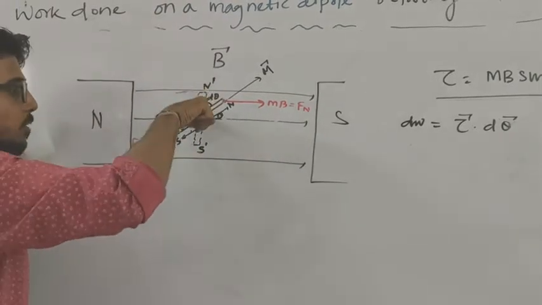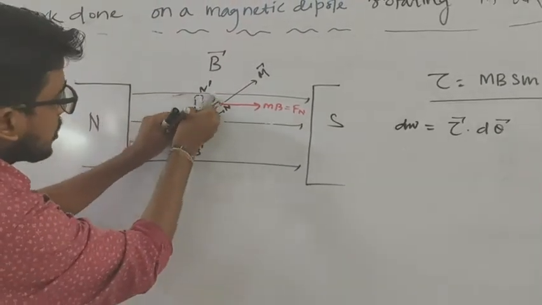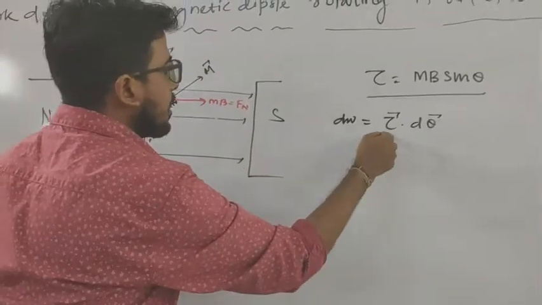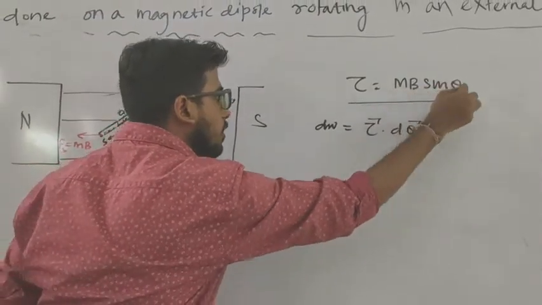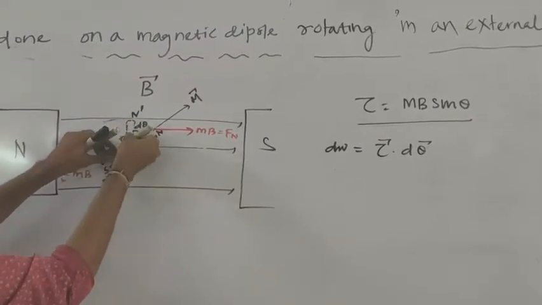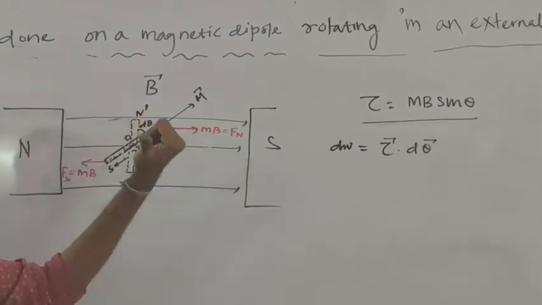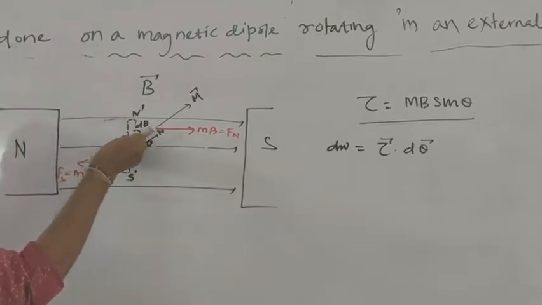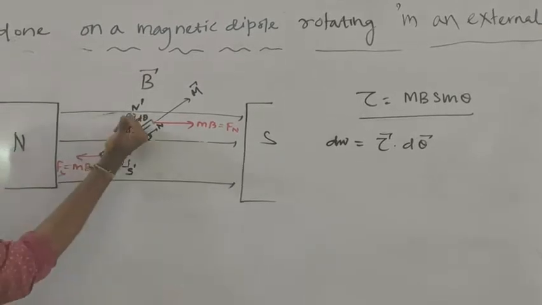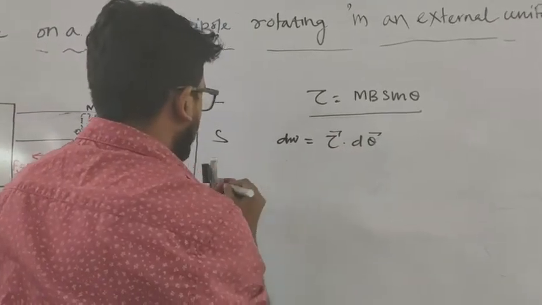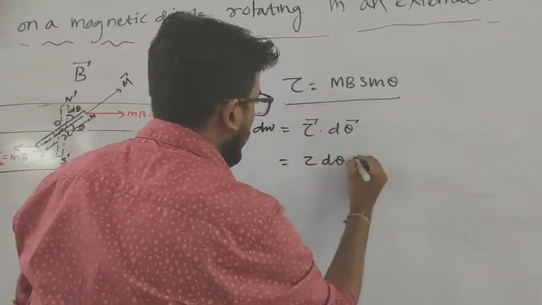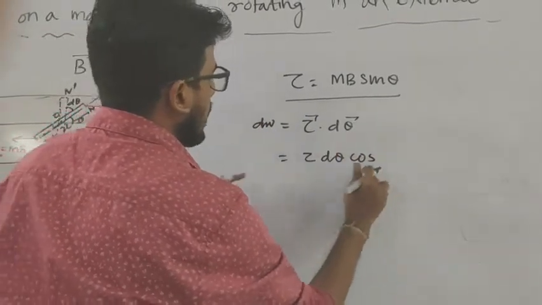So the torque will be inward. But we want to rotate the dipole from this position to this position, so we have to apply a torque opposite to this, like outward. So here the magnitude of the torque by the external agent will be the same as that of the external magnetic field, but the direction will be opposite because we have to rotate it like this. So here the direction of torque will be outward, and as we displace the dipole d theta along this direction, the angular displacement will again be outward. So this can be written as, or the magnitude will be how much? Tau d theta, and let the angle between the torque and the direction of angular displacement be how much?